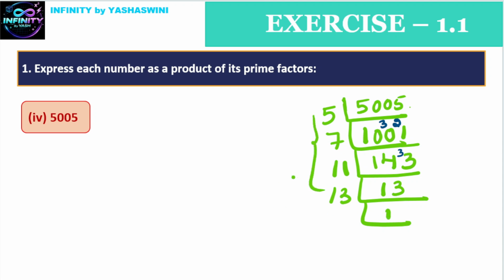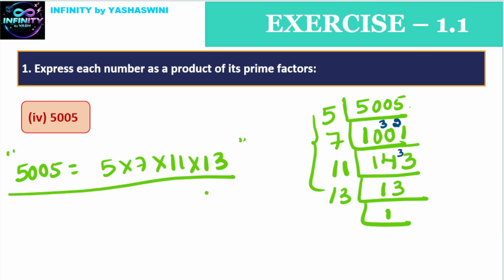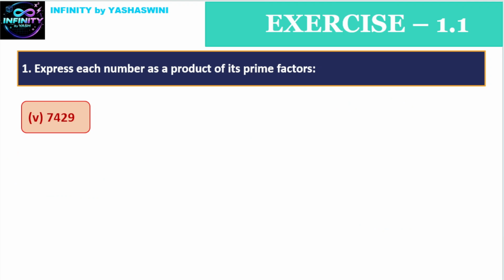Now we divided completely. Let us express this as a product of primes, that is 5005 is equal to 5 into 7 into 11 into 13. Already it is in ascending order. 5 into 7 into 11 into 13 is the answer. Easy, right? Now let us move on to the next one, that is